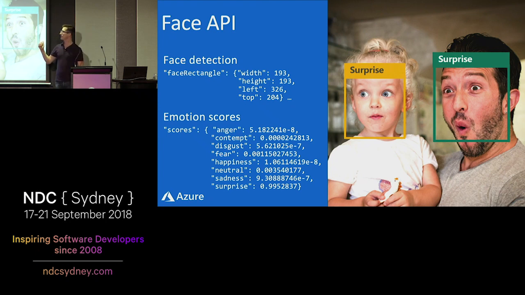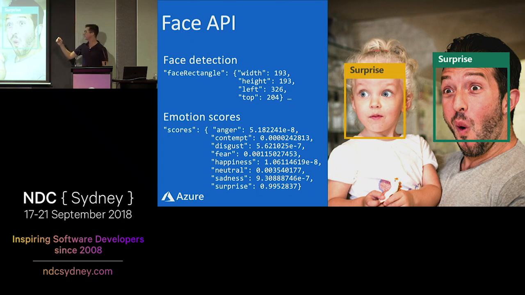So the Face API is part of Azure's Cognitive Services, and literally, all you have to do is upload a photo, and it comes back with these results. So by uploading the photo, it automatically detects any faces it finds in the picture, gives you the location where it found it, so you can identify which ones it's talking about, and then for each face, points out the emotion scores. And so in this case, we get back anger, contempt, disgust, all these different scores.